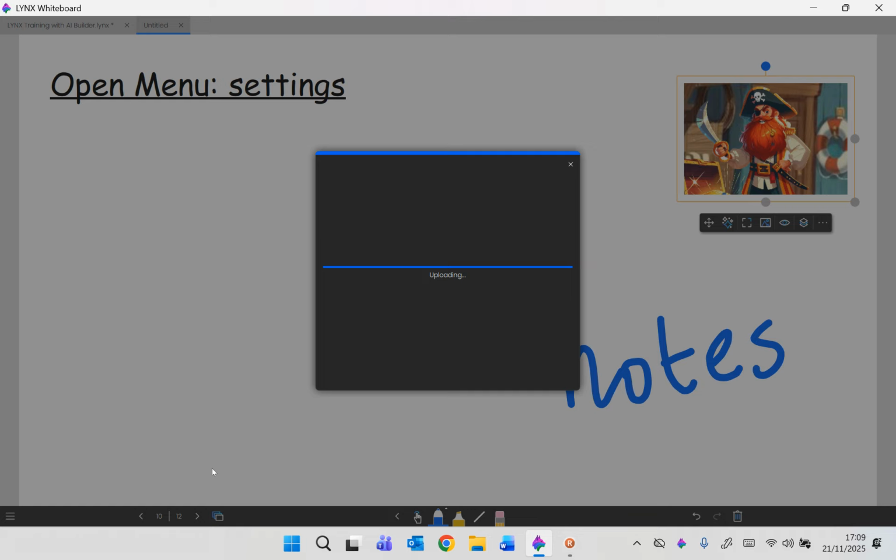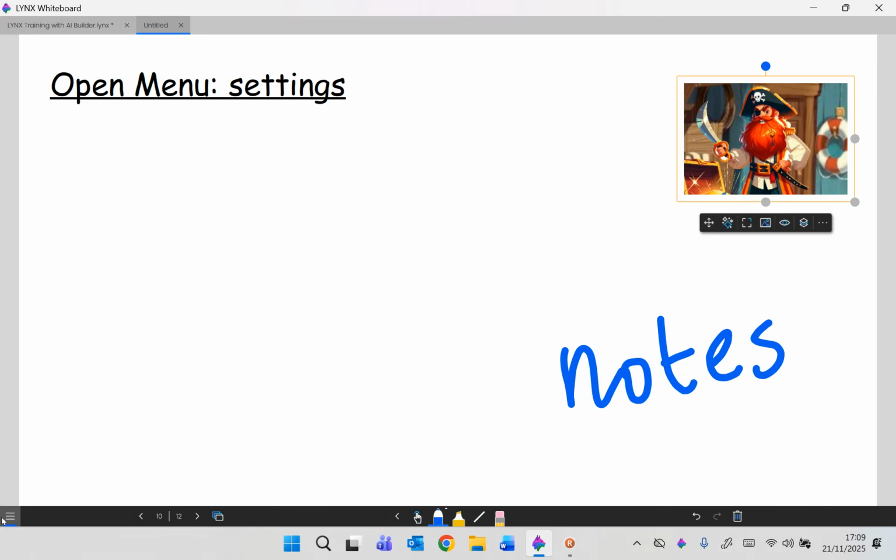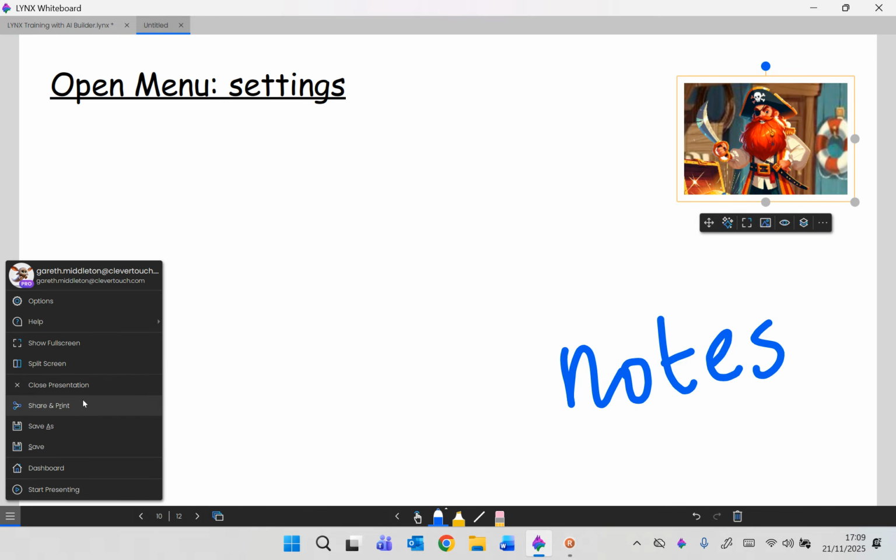The print options are much the same in that you again can choose how many slides you want to print on a particular page. Here we are, there's our QR code with a copy link that we can drop into an email and send to someone so they can click on it and download that temporary browser page as well. So if we go back into share and print,